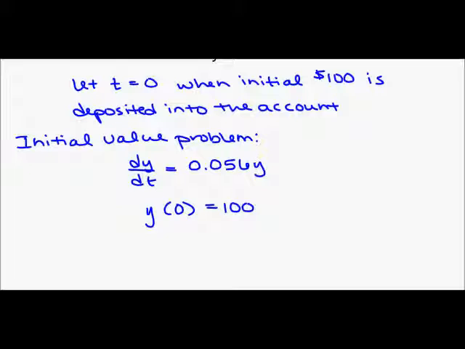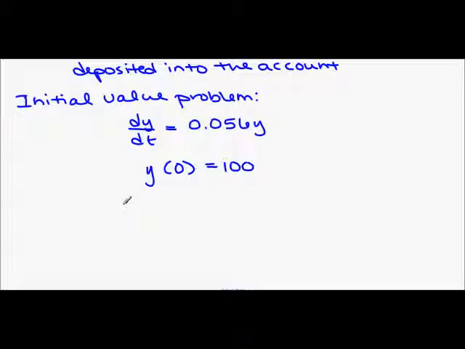Okay, so let's figure out this problem now. What we are looking for is a function whose derivative is a constant multiple of itself. In other words, you can multiply it by a constant and get your answer. So that is a property of exponential functions. And this particular function is what we're going to look at right now. So y of t equals c times e to the